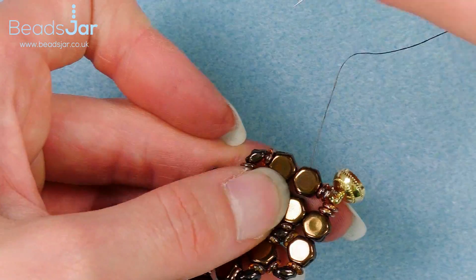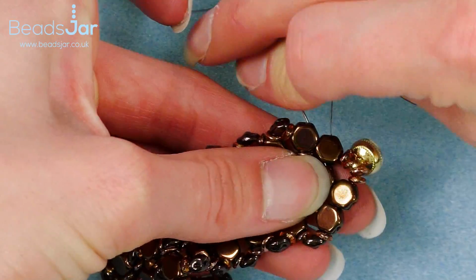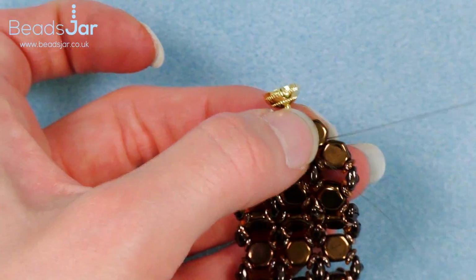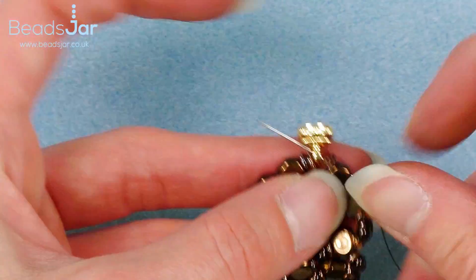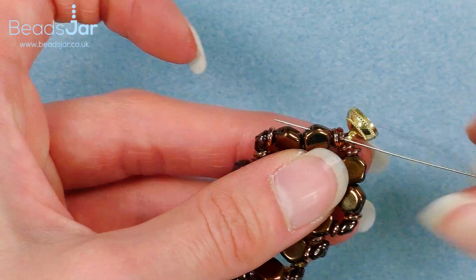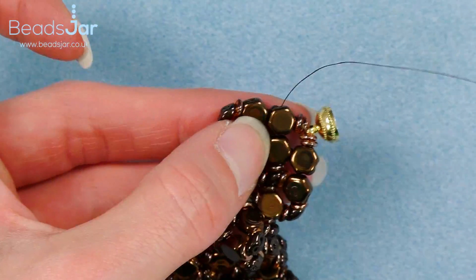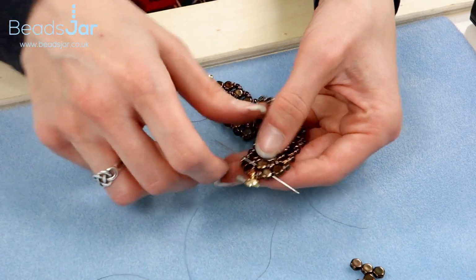So I've come out of this hole and I'm going to go back through the bottom and top on that one, and then the bottom and through. And out. I'm just going round and reinforcing these O beads and fastener here. Like I say, 3 times, that'll make it really nice and secure. Right, so I've been round 3 times, and I'm going to go through the centre honeycomb,